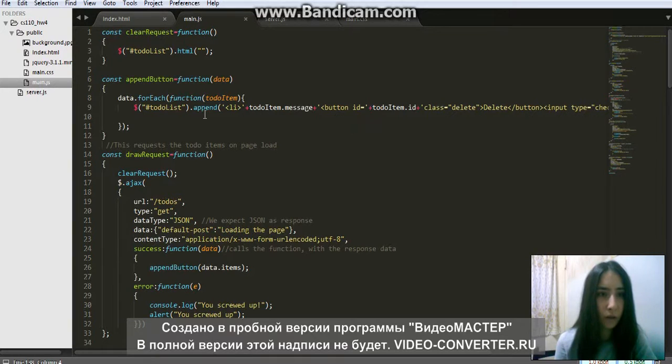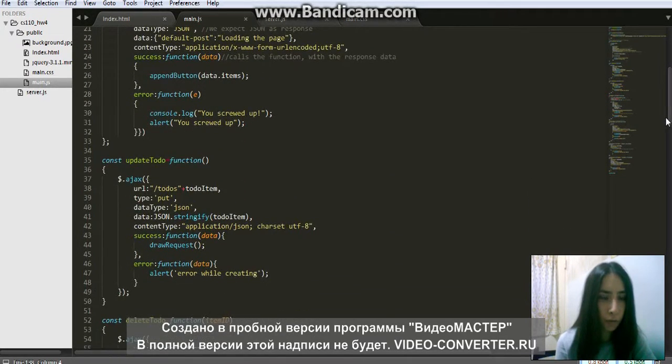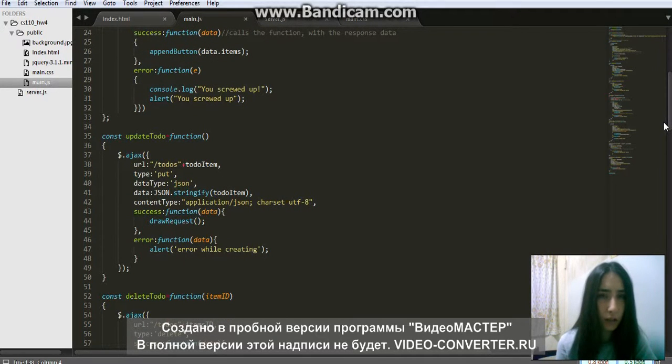ID. The next one is the draw request function, and we need to use the ajax function and its URL todos and type get, and also the data type JSON. The next one is update TODO. Also we need to use the ajax function and give it the URL, type, data type, and data,